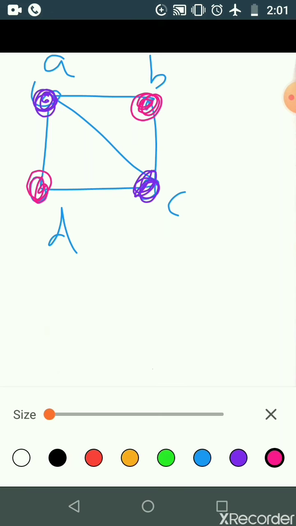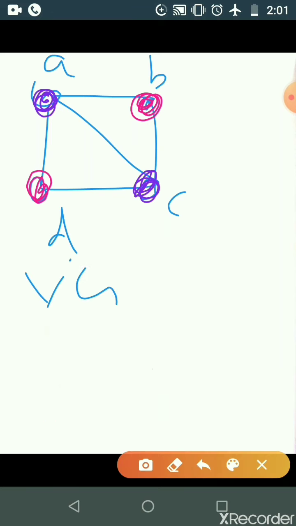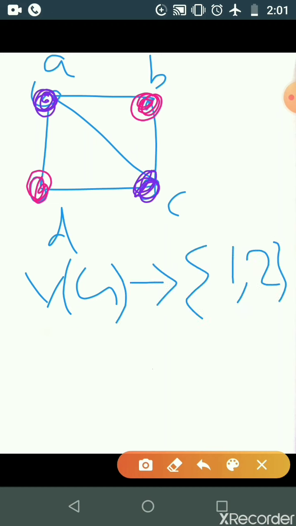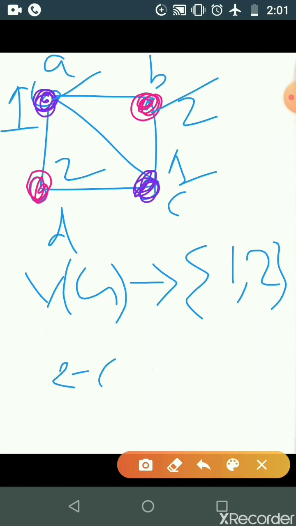VG, the vertex set of G, that is A, B, C, D, having some color, that is 1, 2, and the first color is this one and the second color this one. Or you can also just label these colors as 1, 2, 3 and so on up to K in case of K coloring. So 1, 2, this is again the same as 1, and here 2. So here we are using two coloring. Okay, but in the earlier graph and earlier coloring, two coloring, and this one is different.